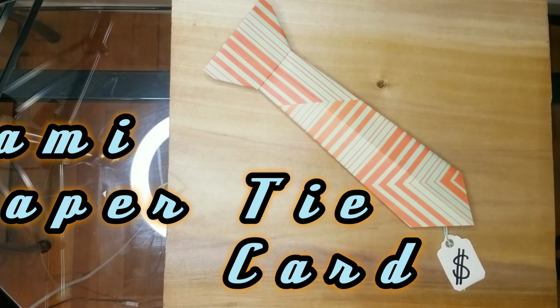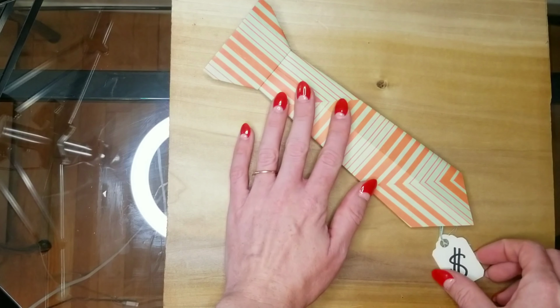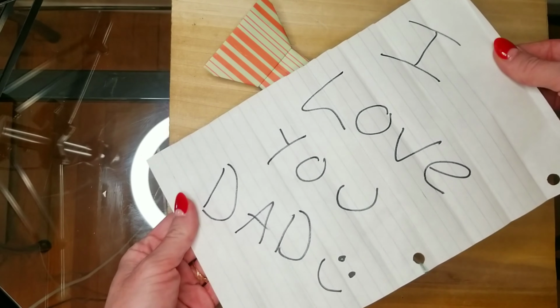And this is an ugly tie that everyone will love. This year, I wanted to come up with a unique Father's Day card, and I think this is it. So this is an origami tie with a little note that you can slip inside, and I use a price tag as a pull. For this craft, you'll need a piece of printer paper, or I prefer construction paper because